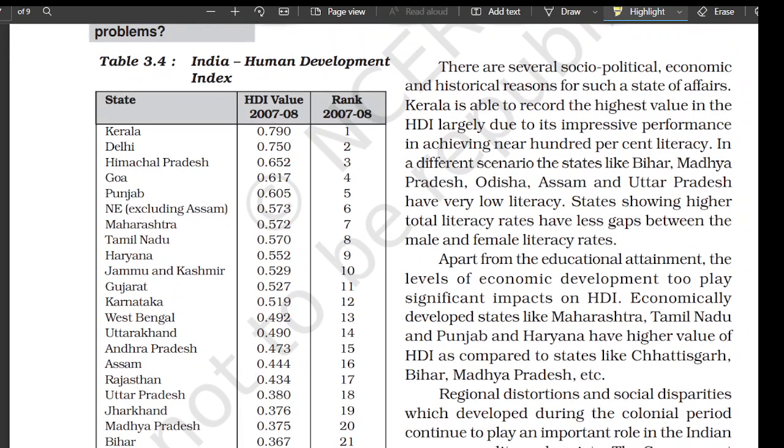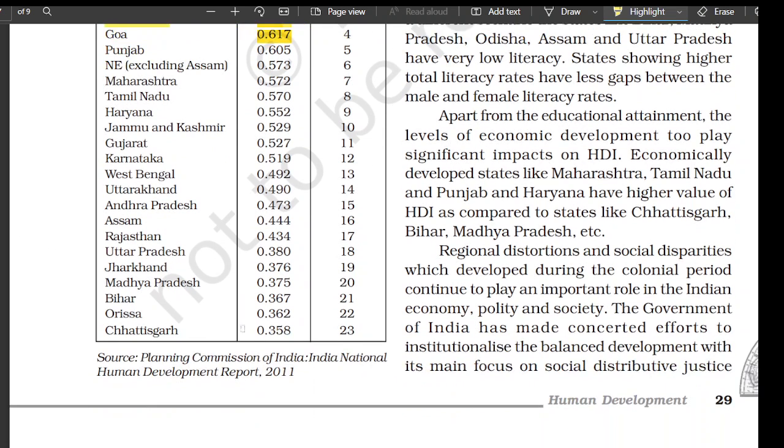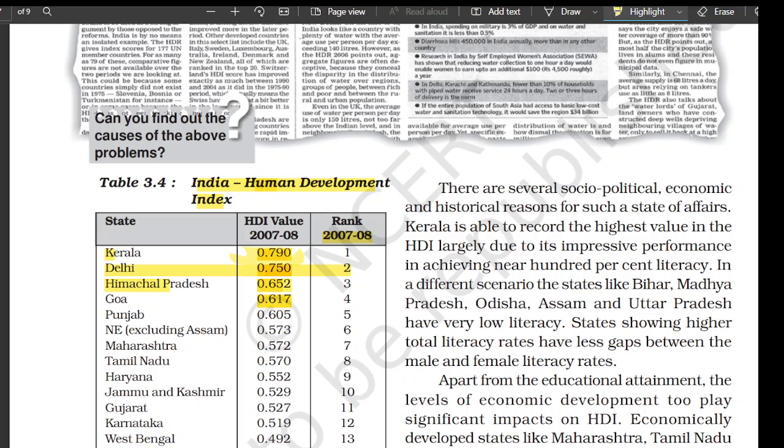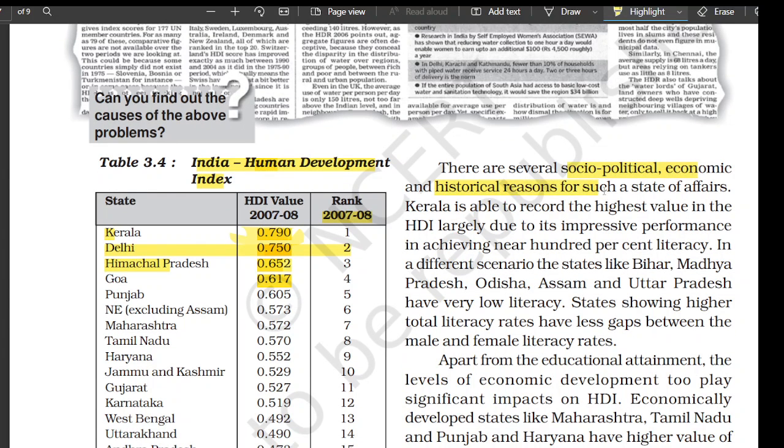So we have a table 3.4 that tells us India Human Development Index. We have Kerala topping the chart with 0.79, Delhi in the second 0.75, Himachal Pradesh 0.65, and Goa 0.61. On the bottom of the chart, we have Chhattisgarh with the HDI of 0.35. There are several socio-political, economic, and historical reasons for such a state of affairs. Kerala is able to record the highest value in the HDI largely due to its impressive performance in achieving near 100% literacy. In a different scenario, the states like Bihar, Madhya Pradesh, Odisha, Assam, and Uttar Pradesh have very low